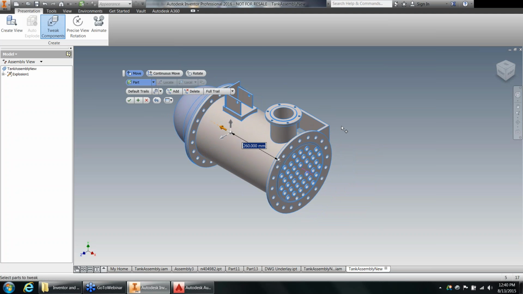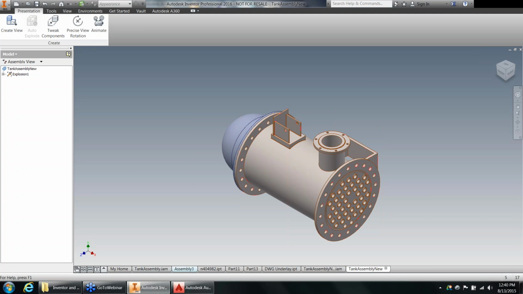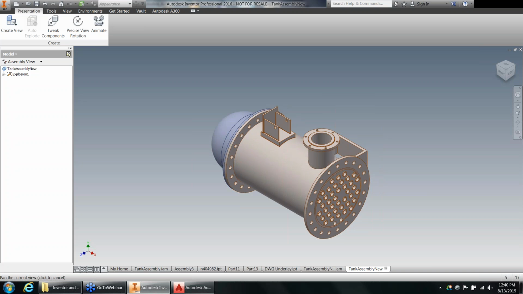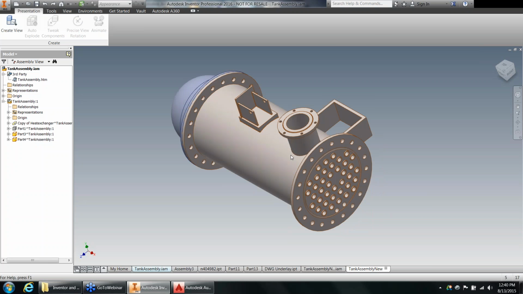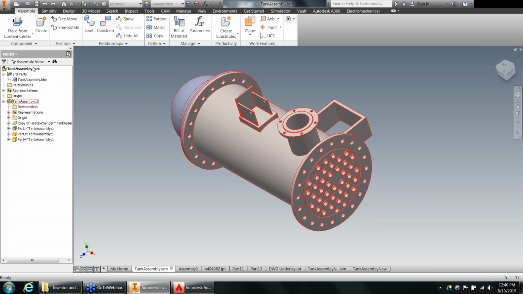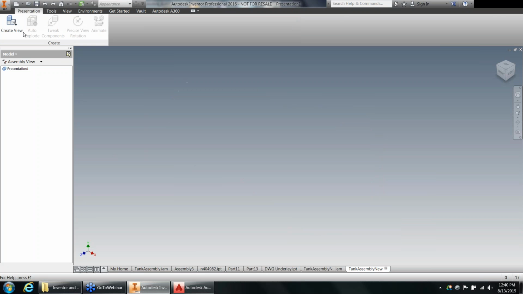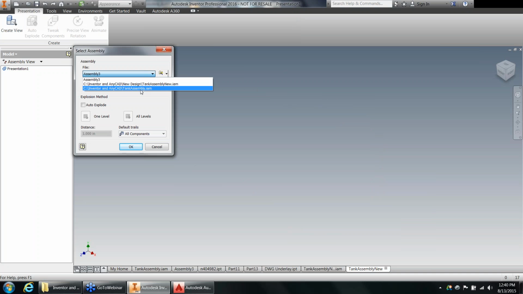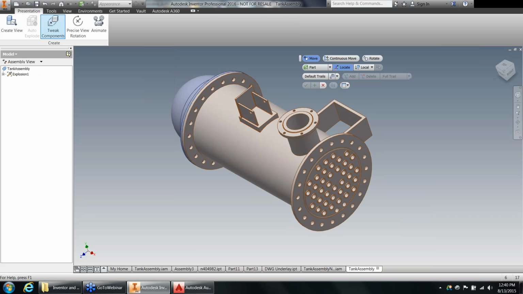Now, if I take my other file that I created, so in my case, I've got this tank assembly that I converted, not referenced. This one I know for certain will import into here without any issue. So this is the tank assembly file. We'll go into tweak components again,